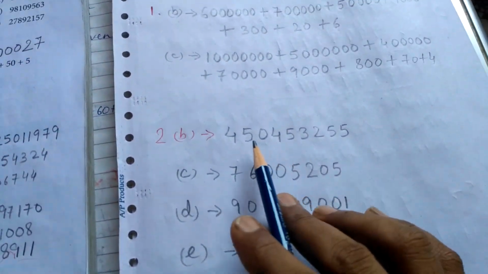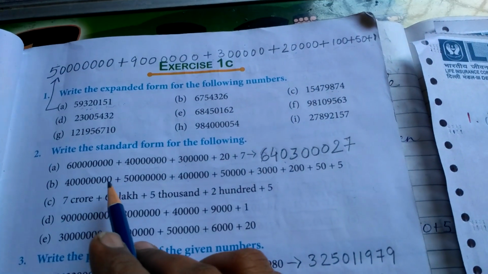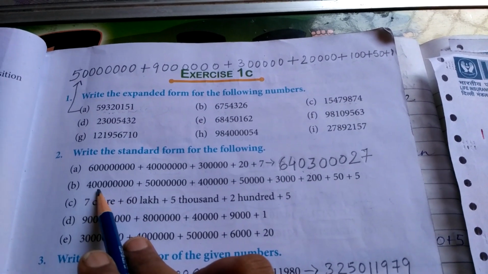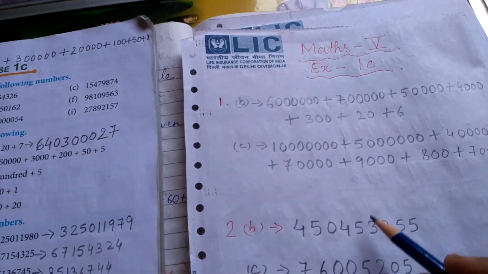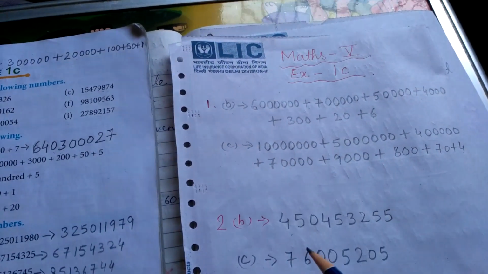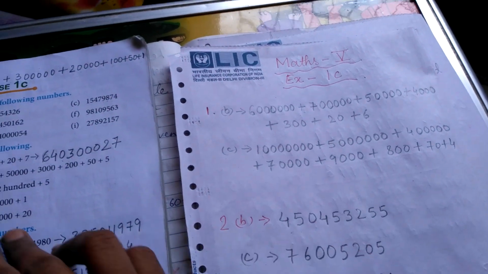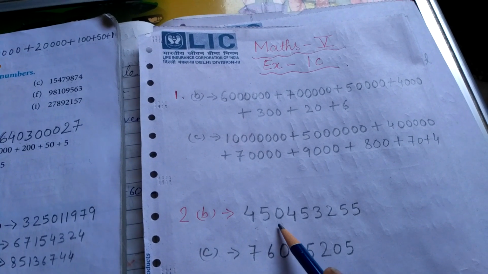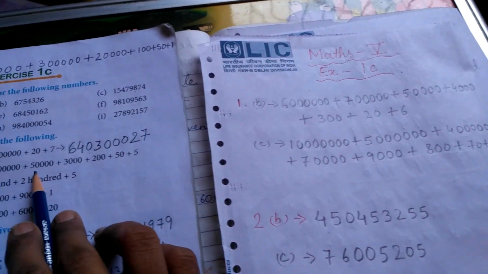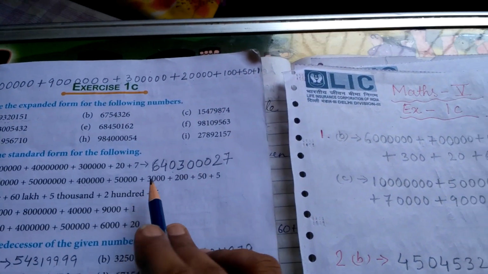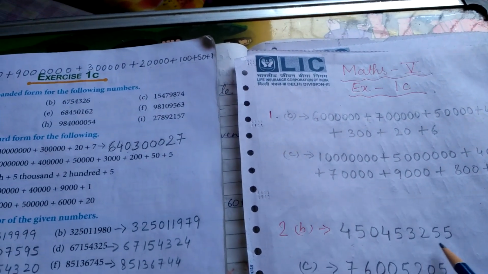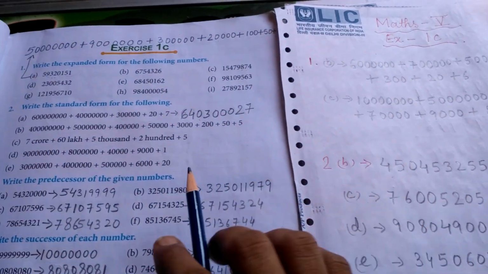Okay. So for question number B, again we will count. I think it is ones, tens, 100, 1,000, 10,000, lakh, 10 lakh, crore, 10 crore. So the 4 will be at the 10 crore. Then there is 5. So 45 crore. 4 is at the lakh position. Again there is nothing for the 10 lakh. So we will put 0. Then 4 lakh. Then 53,000. Because it is written over here 50,000 and 3,000. It becomes 53,000. 53,255. Okay. So this was for question B.